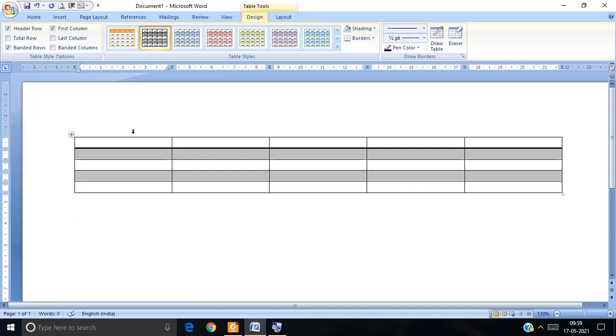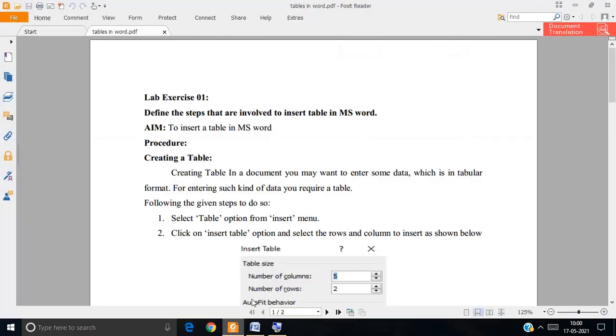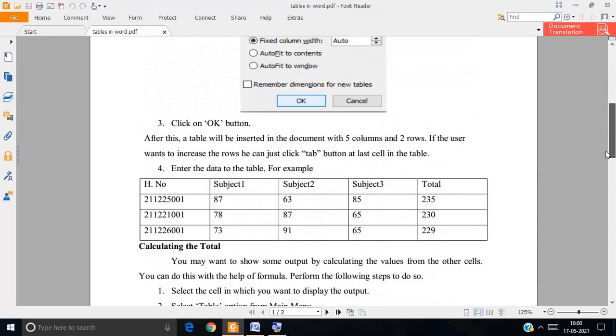Okay, so I am going to select this one to explain to you. Here observe our documentation which has already been sent to you. In this documentation I entered 5 columns and 4 rows. These have different types of values for the subjects. These are the subject marks which we are going to calculate.